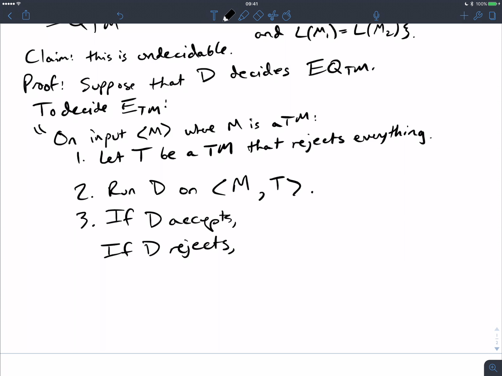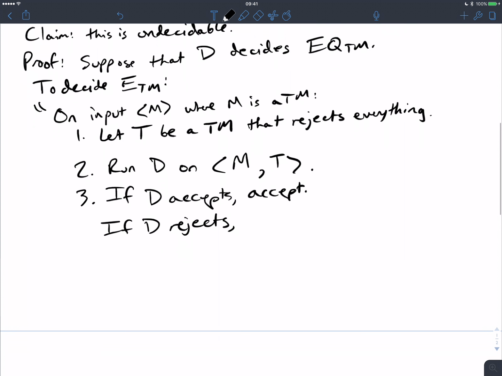So what should I say for my decider for ETM? I just determined that M's language is empty. So I should say accept. Of course, there are other ways you can do this, but this is one of the more intuitive ways that